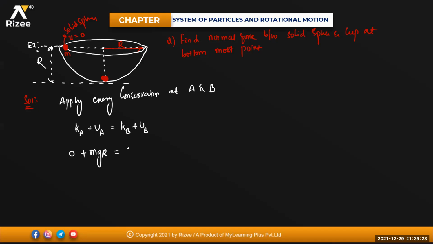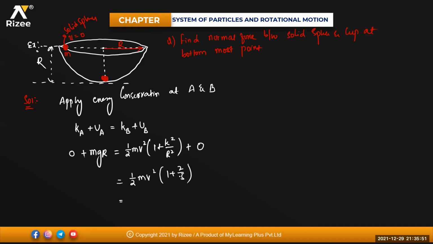When it comes to the ground, it is rolling, so the energy is half into m into v square into 1 plus k square divided by r square. And at the lowest position, the potential energy will become 0. As it is a solid sphere, we know it is half into m into v square into 1 plus 2 by 5, just now we did. So that will become for me how much? Half of mv square.